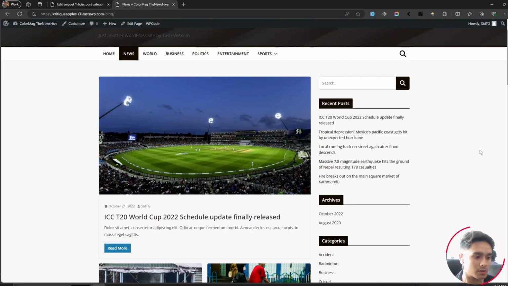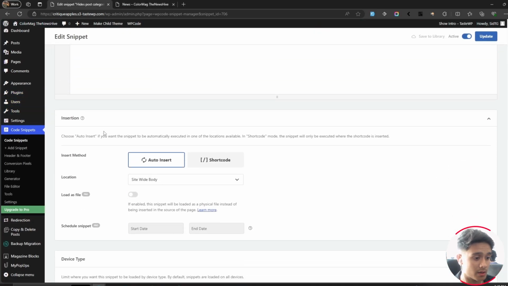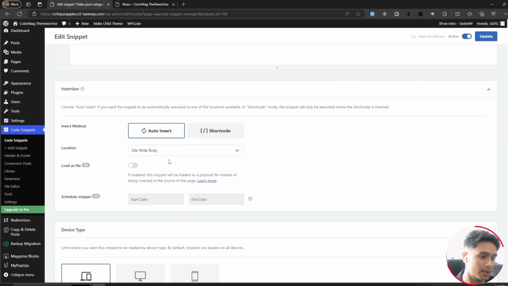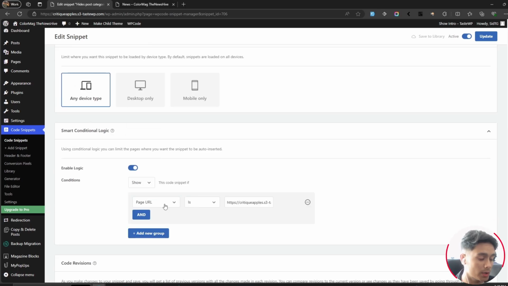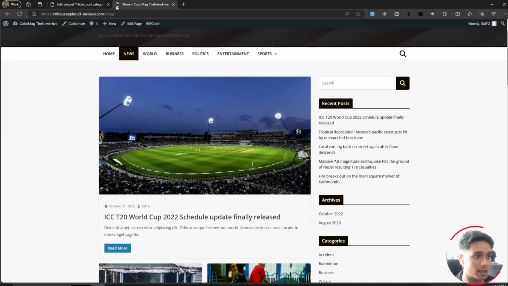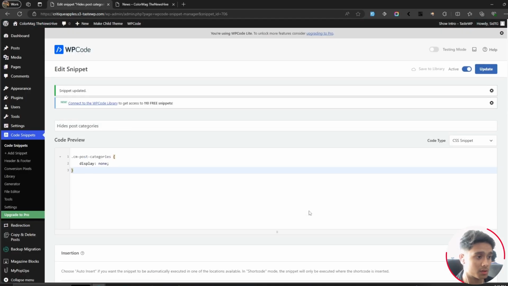to the blog section. So now what's going to happen is this code right here is only going to be inserted into the body, and since we have conditional logic, only if the URL is whatever you put in. So in my case, it's only going to execute in the body section of my site's blog. So there you go, pretty simple. This is how it works, and this method does not care if you're using a classic theme, a block theme,